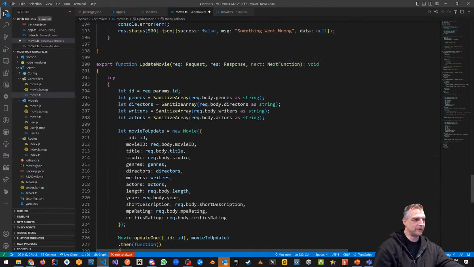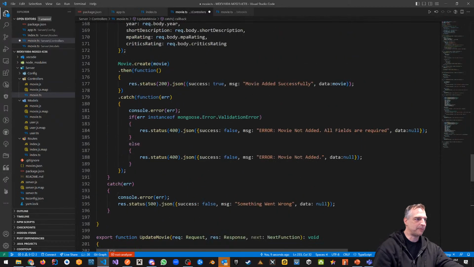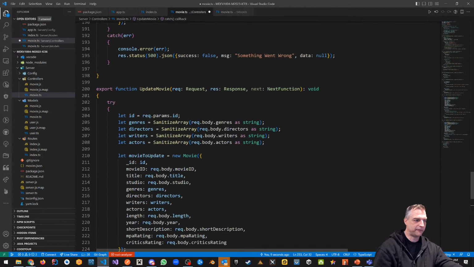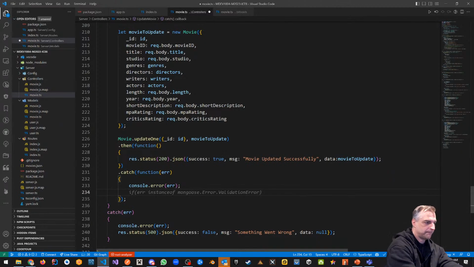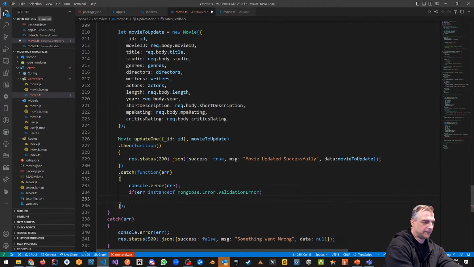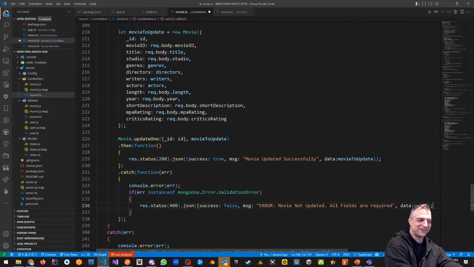Okay, but we can have errors here. If the person removes an object, we can still have validation errors, which means if I go down to here, we can almost copy paste this entire problem that we have here. Movie not updated, all fields are required, right? And let's see if Copilot is good enough to figure this out. So I'm going to say, right, if this is true, then, all right, isn't that a wonderful thing? Else,